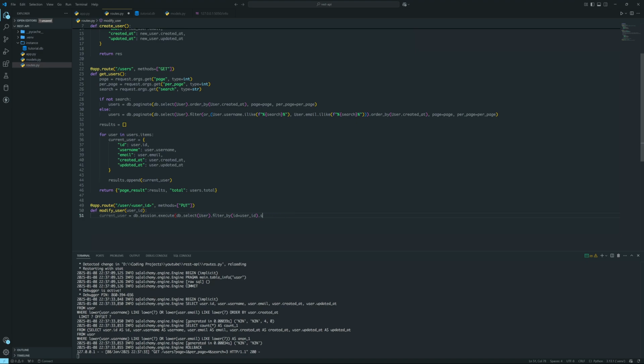All right, sorry, should be like this, scalar one. So this is how you get the current user using the passed in user ID parameter, and then